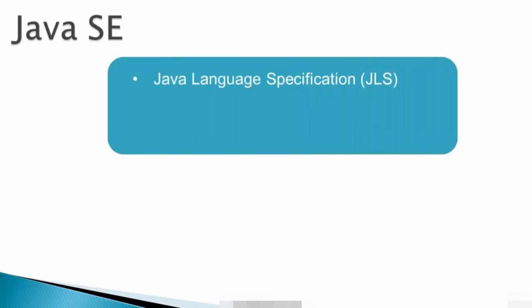Now the course is about Java SE, so let's focus on it. Java SE defines a few specifications, and one is the Java Language Specification, or JLS in short, and it defines the entire Java programming language itself. That is, it defines the syntax and semantics of the language, that is the rules of the language, and it is the most comprehensive and accurate document that you can get on Java, as it is written by the Java language designers themselves, like James Gosling.